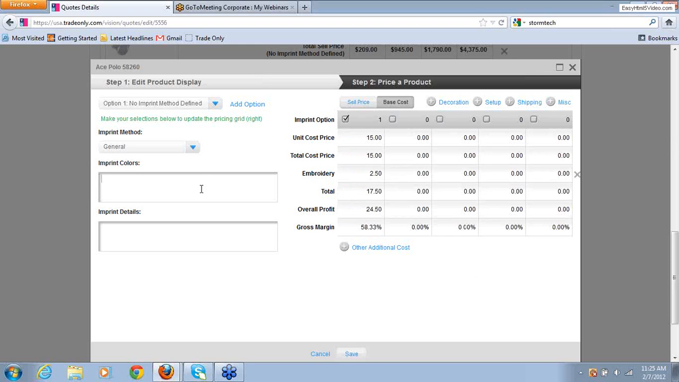And over here, if you want to say that you just want a red logo, red and black, it tells you exactly what those colors are. And this is where you would enter the details, like front, left, chest. You can be as specific as you want here. By doing this, what this is going to allow you to do is, if I save this,